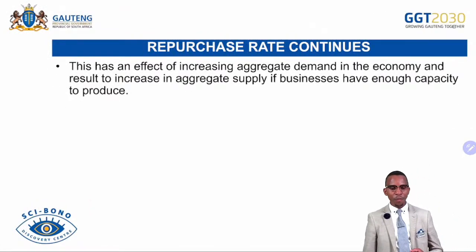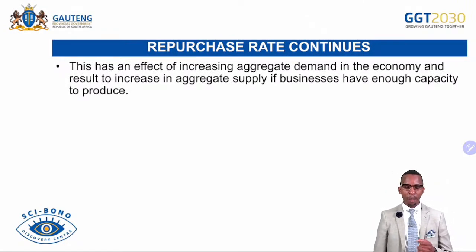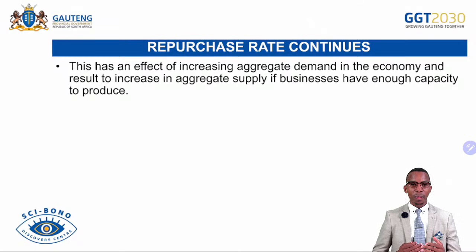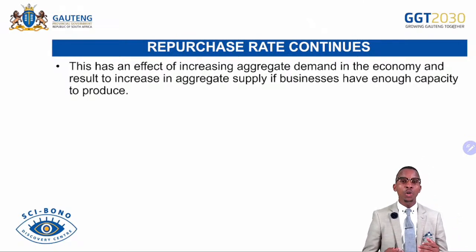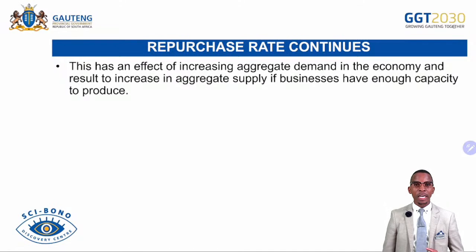This has an effect of increasing the aggregate demand in the economy and results in an increase in the aggregate supply, if businesses have enough capacity to produce. Remember, if the demand is increasing, the supply should also increase. So with the increase in demand, while businesses also have enough resources to produce, that will lead to the economy growing further, because if demand is meeting the supply, that means the economy will flow easily without some effects of